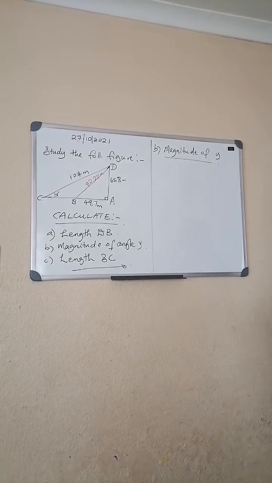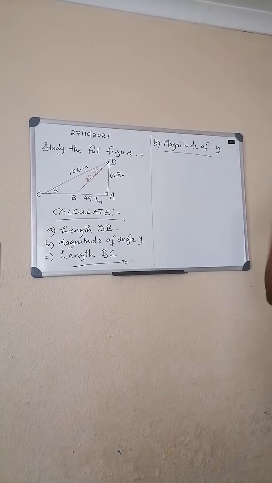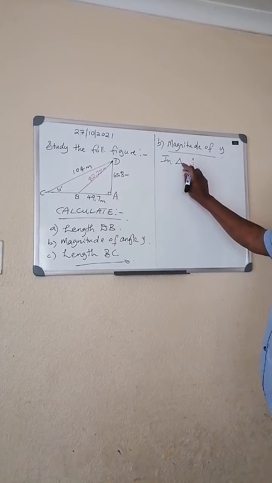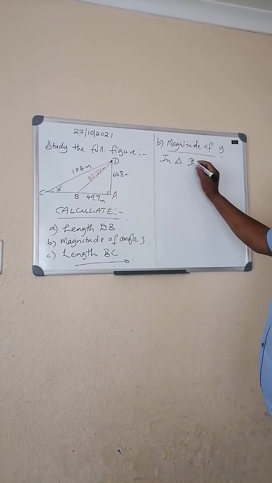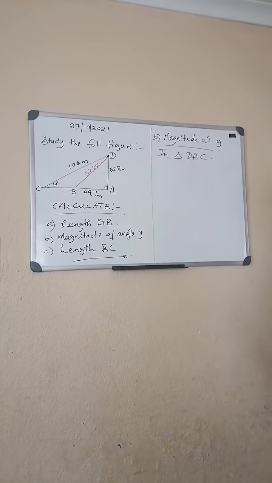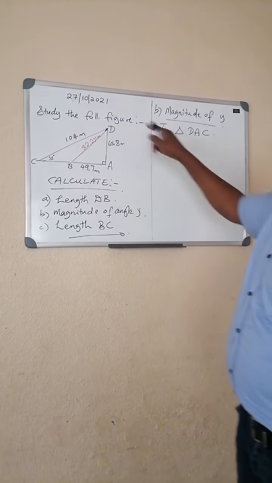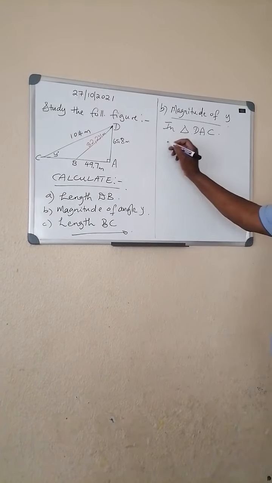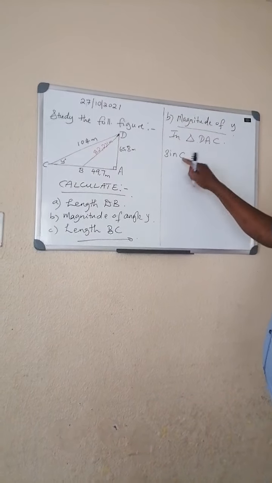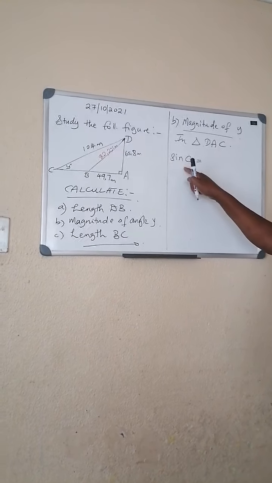How will we get this? We need to use the ratio. We use the ratio in the big triangle DAC. In triangle DAC, we can then use the sine of angle C. Remember, angle C will be the magnitude of Y. The sine of angle C